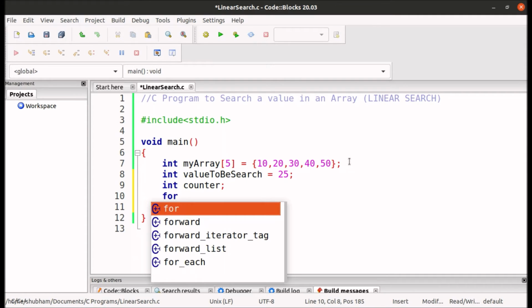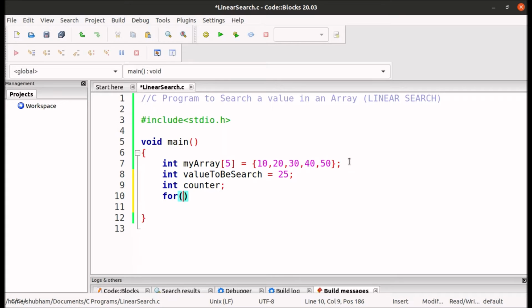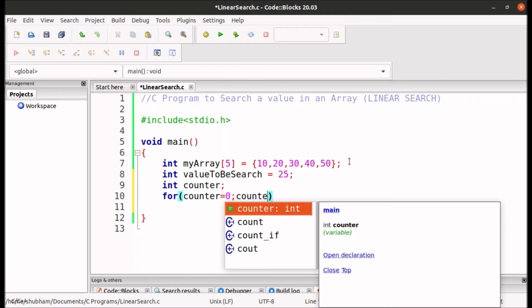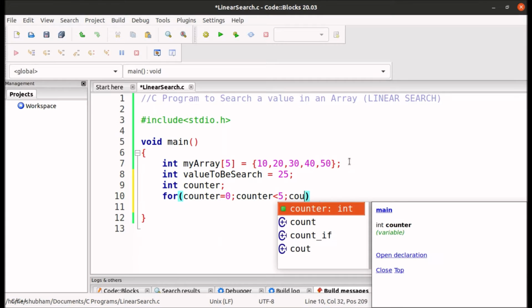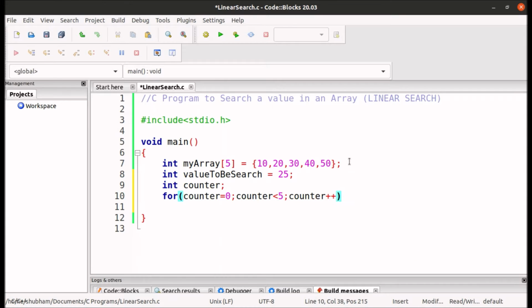So let's write the actual logic for linear search. Counter equals 0, counter less than the size of the array, which is 5, counter plus plus.